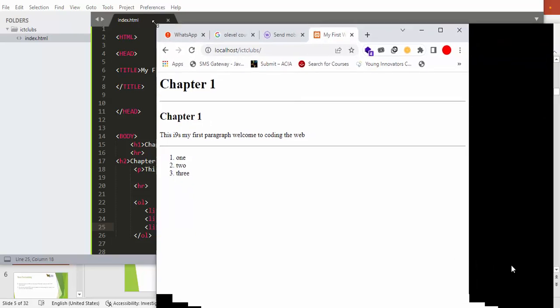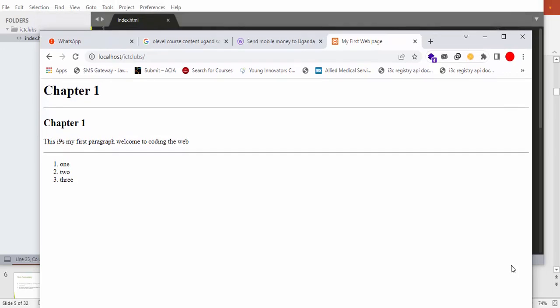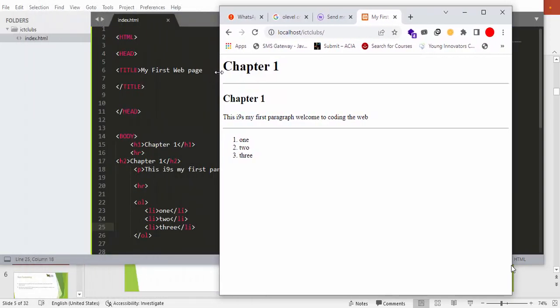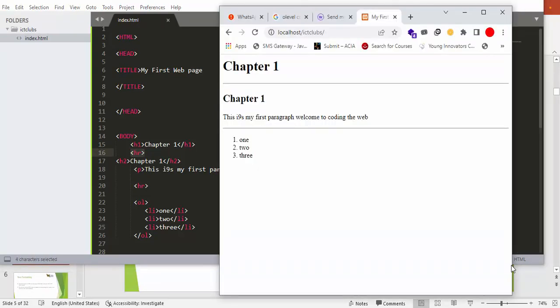As you can see, let me reduce the size so that you can see very well. You can see the title here, my first web page. You can see this is the heading 1, which we put as heading 1. You can see this size is way bigger than this. You can see now the horizontal line, which appears below chapter 1. Then below it we have chapter 2, which is a heading 2, which is